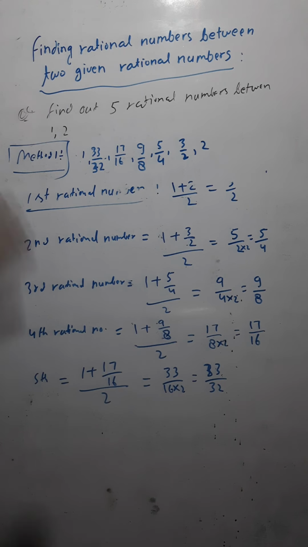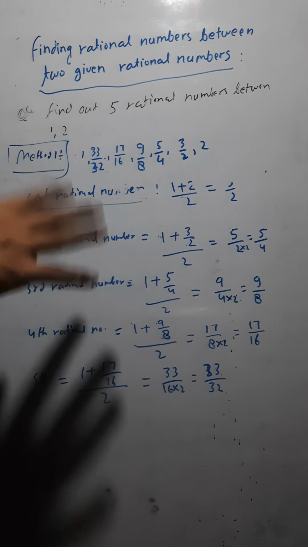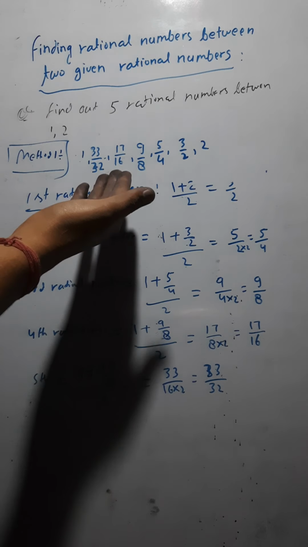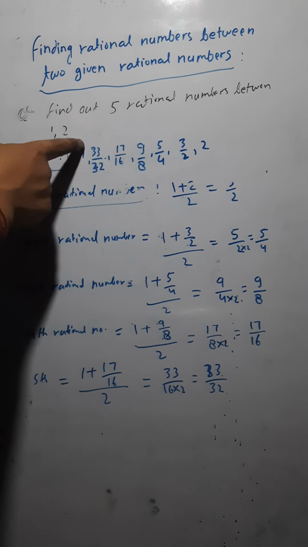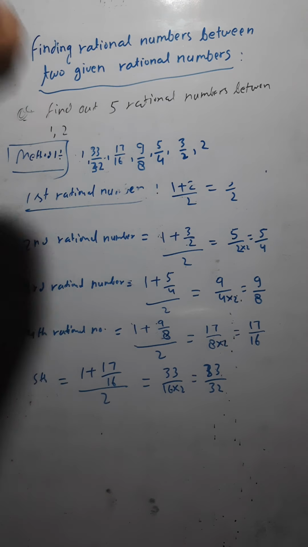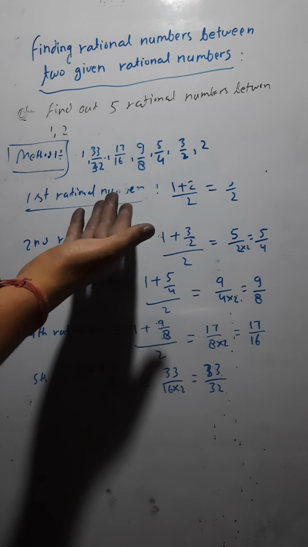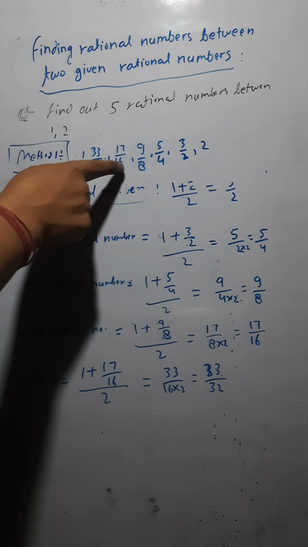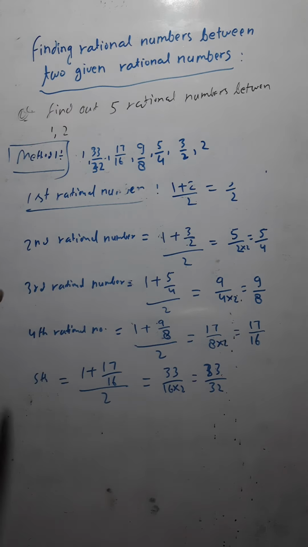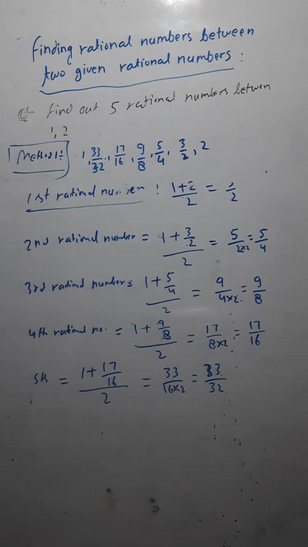Okay, but the question that I am going to give you for homework, you have to solve the questions by both the methods. But the answer you would be getting would not be the same, because there can be infinite rational numbers between 1 and 2. We can find out thousands of rational numbers between 1 and 2, but only 5 we have found. If you take the mean of these two, again you would get another rational number, isn't it? So if your answer is not matching, no problem. So these are the 5 rational numbers between 1 and 2.